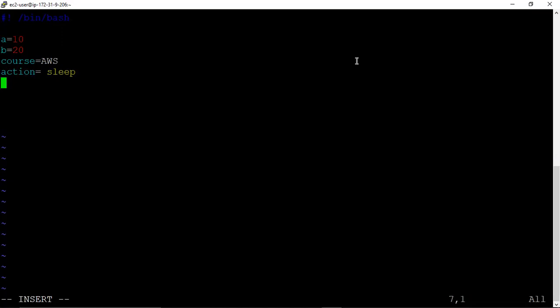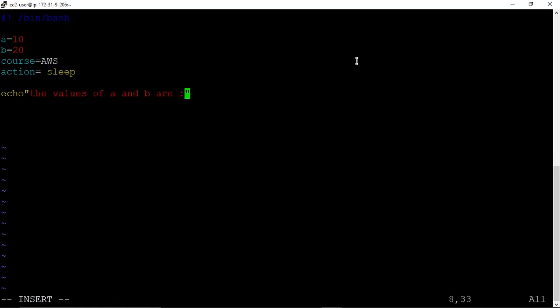Now we are going to echo in double quotes: the values of A and B are.